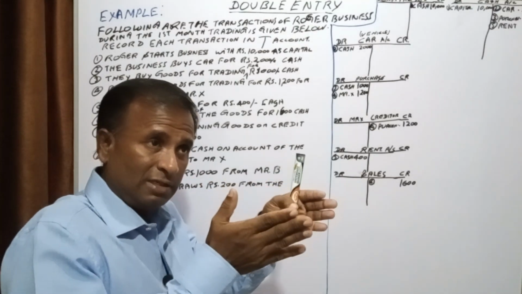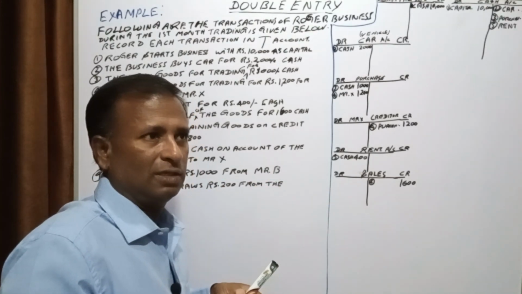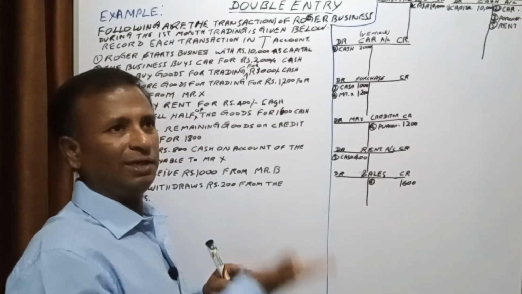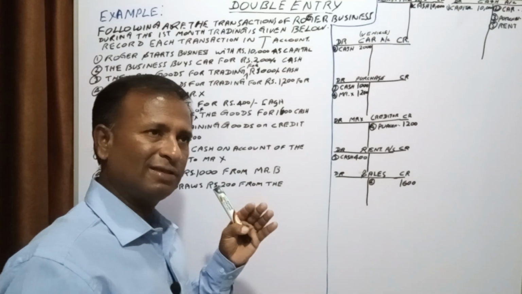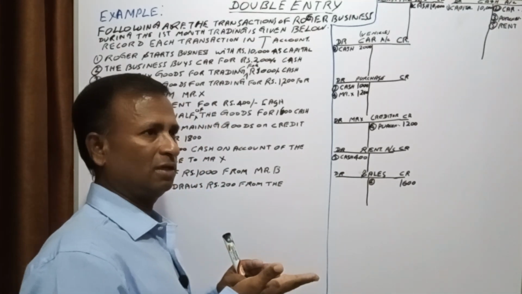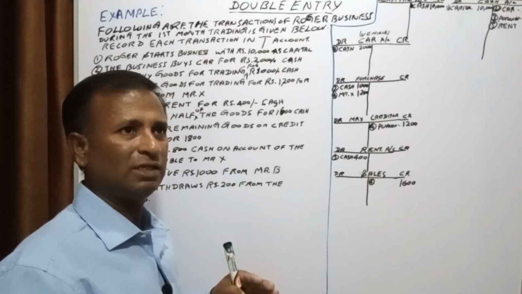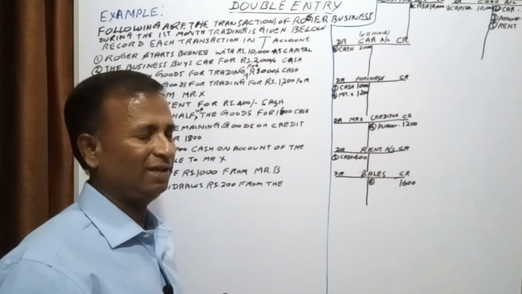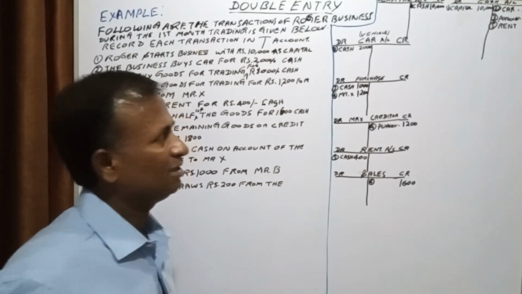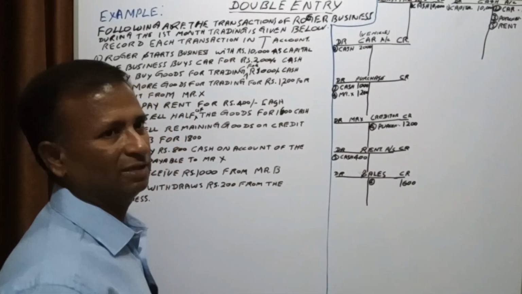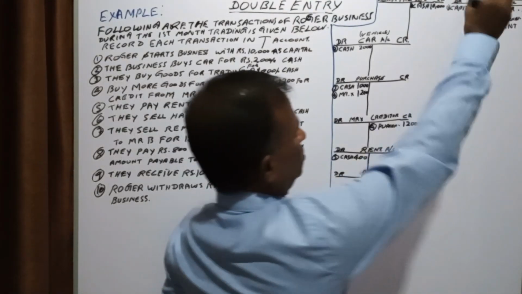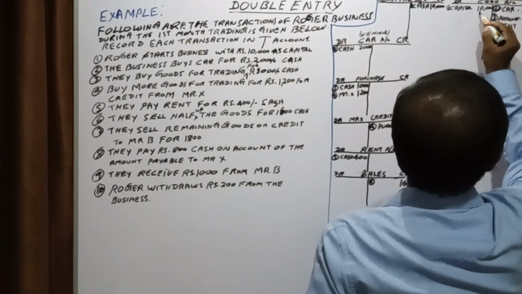If the cash is coming in, the cash level is increasing, which means the assets of the entity are increasing. If the assets are increasing, what is the entry? For the increase in asset, you will have to pass a debit entry. So you are going to debit cash account by